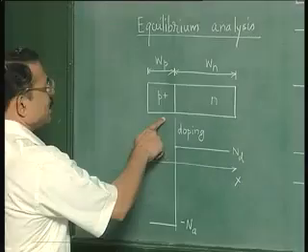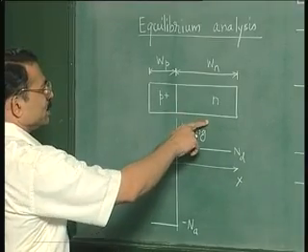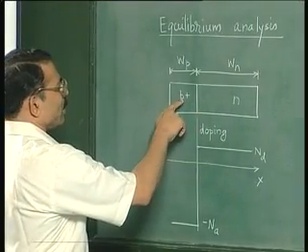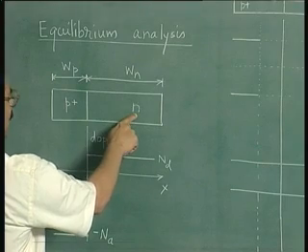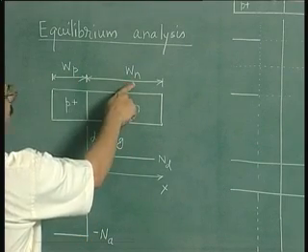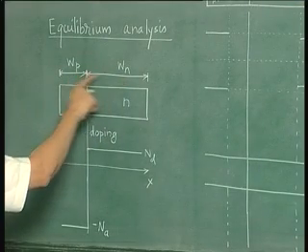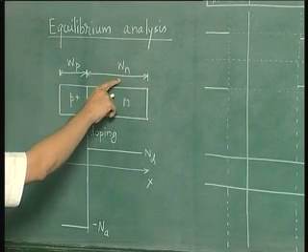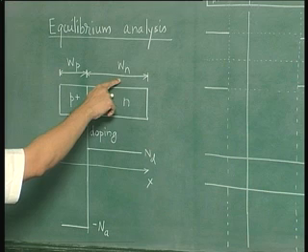So this is the structure, a P plus N junction. P plus N means the doping on P side is more than doping on N side. The widths of this P and N regions are WP and WN. We assume that these widths are sufficiently long, that is much more than the diffusion length of minority carriers in